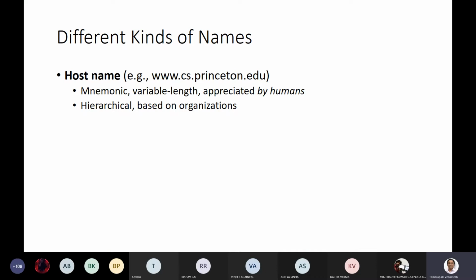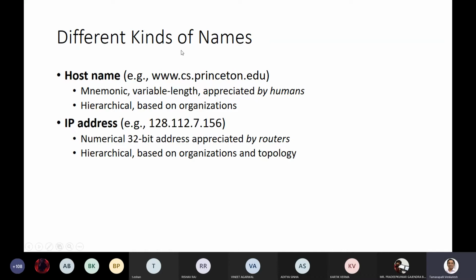If you see this, it is obvious that there is some structure in these host names. We are all already familiar with .com. .com stands for companies. Then you have something called .org. .edu stands for educational institutions. So there is some hierarchy in these names with a purpose. The purpose of using hierarchy is for scalability of the domain name resolution system. And this hierarchy is not arbitrary. It is based on which organizations are using these domain names.